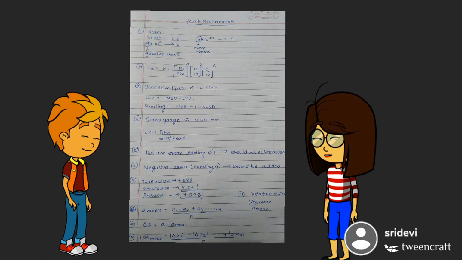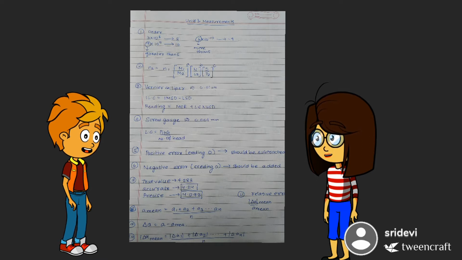Whenever we write 3 into 10 to the power 8, the order is the power of 10, which is 8. When the number before 10 is greater than 5, then we add 1 to the power of 10. Like 9 into 10 to the power 9, the order becomes 10, that is 9 plus 1. The next formula says